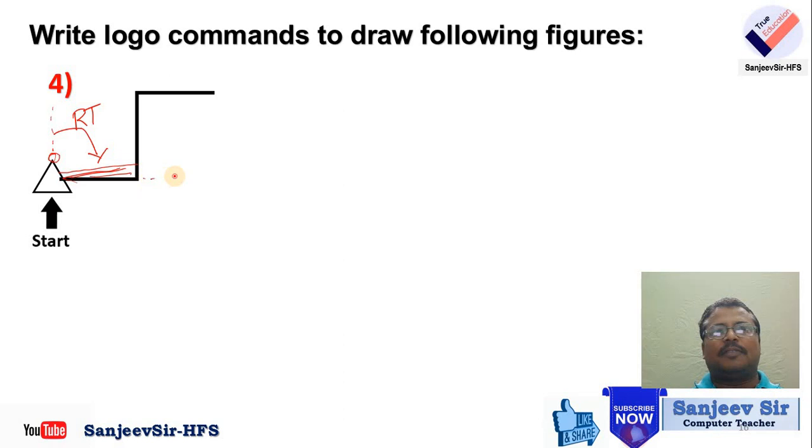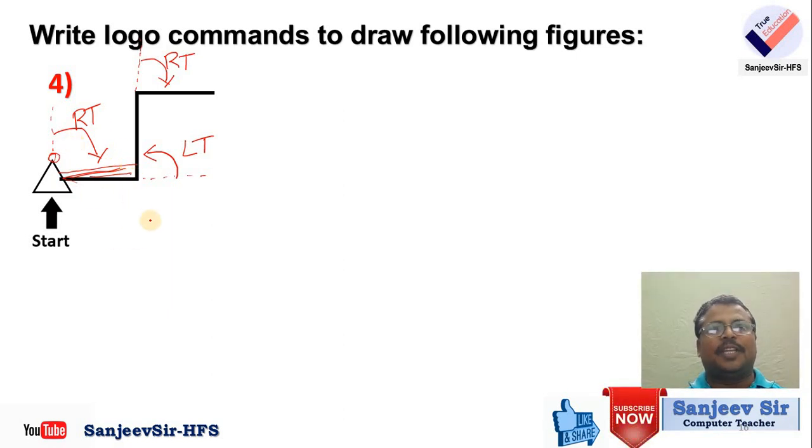After that, the turtle will not draw in this way. The turtle will rotate, and here it will be LT, left turn. Here again you see, after drawing, the turtle is going in this direction, but the turtle will turn here. That means again here RT. So now, if we assume that 100 steps are there, after putting the directions in which the turtle will turn, it's very easy to write that command.